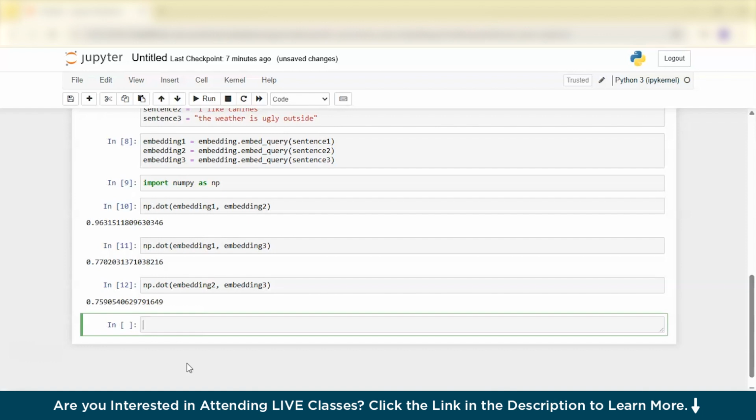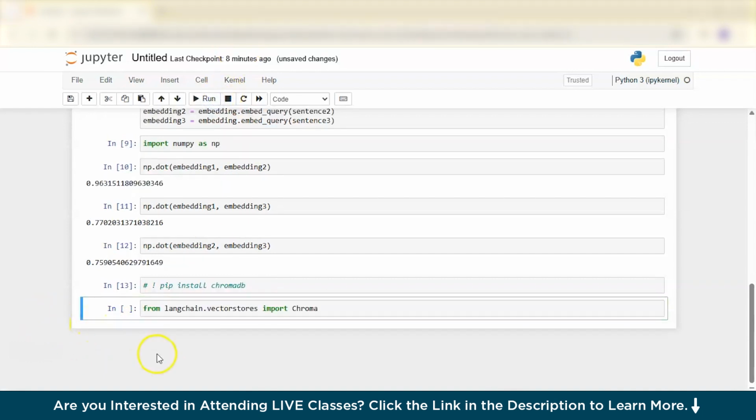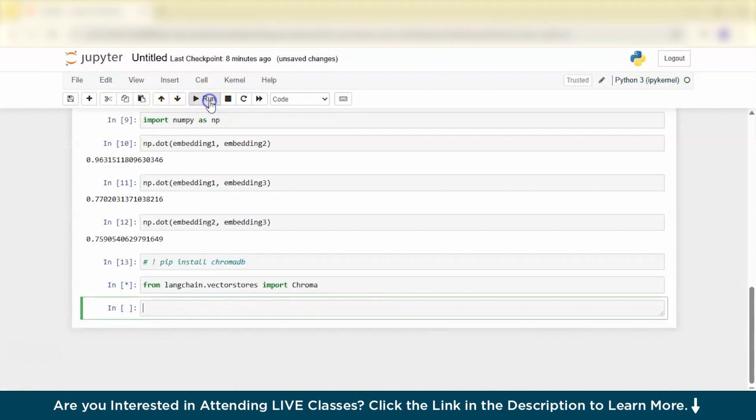It's time to create embeddings for all the chunks of the PDFs and store them in a vector store. The vector store we will use here is Chroma. So let's import that first. Here we are importing Chroma from the LangChain vector stores. And before we run this,